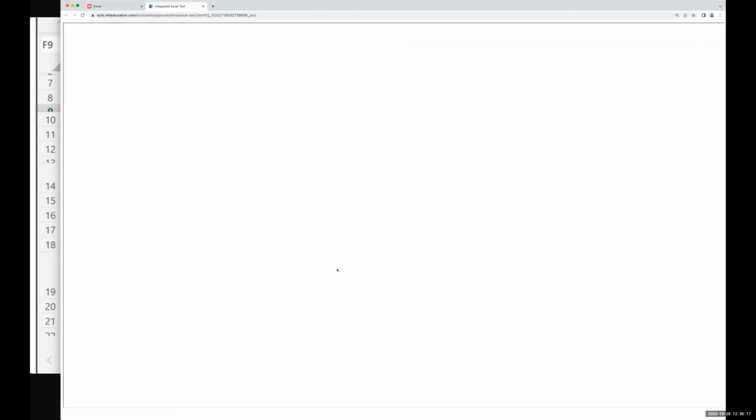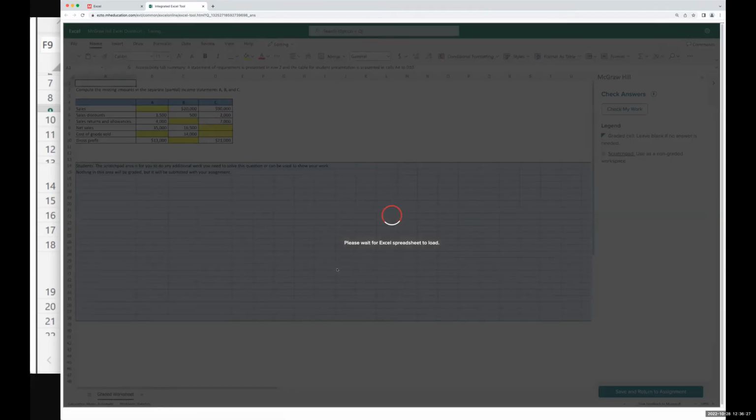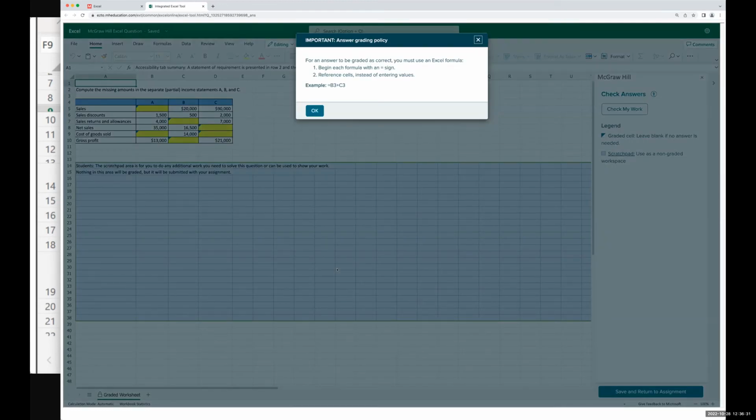So how does integrated Excel work? Well, integrated Excel is live Excel running right in our web browsers. I'm running a Mac. My students run PCs, Chromebooks, and integrated Excel runs right in our web browsers.